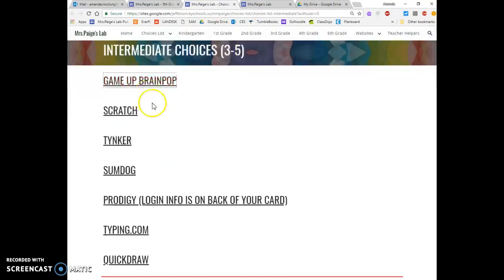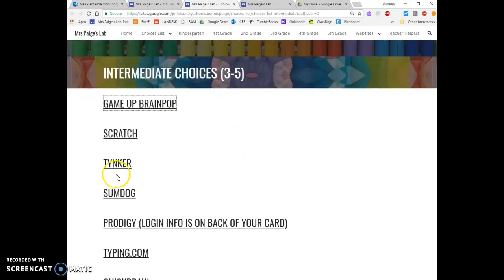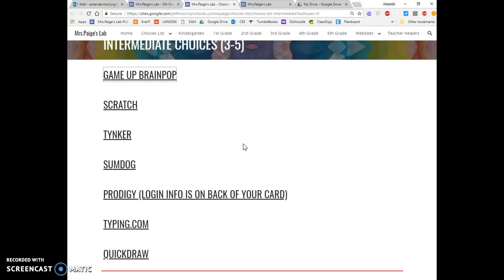We are only doing the things that are on this list above the picture of the computer. If it's not on here, then don't even ask because the answer is already no. YouTube is not on here. If you do that, you will be sitting on the carpet and you will not have any end of the year choices. So have fun with your last day choices, but make sure you stay in your seat and